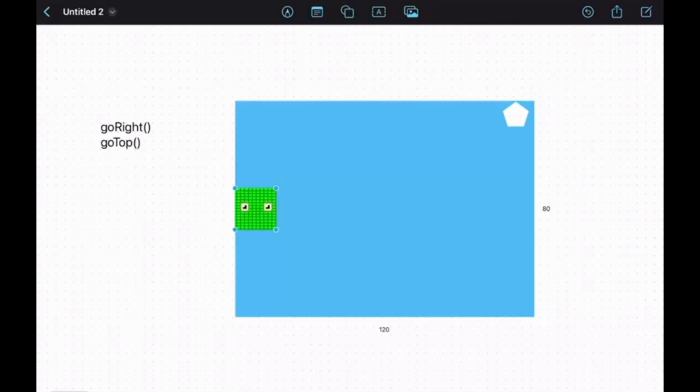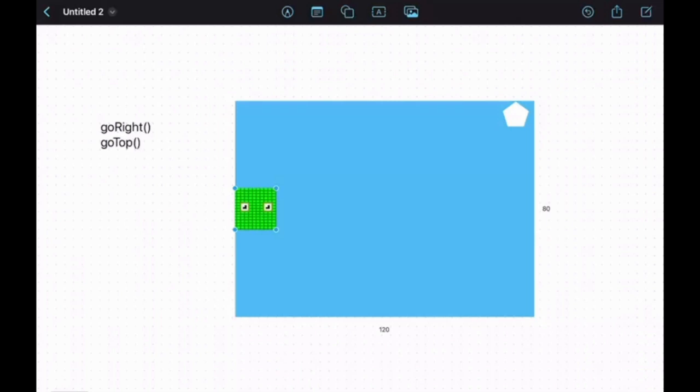Here we have this blue field, we have this nice green square character with eyes, and we have a diamond in the top right corner. The problem is that the character needs to reach the diamond, and the character can have some commands.